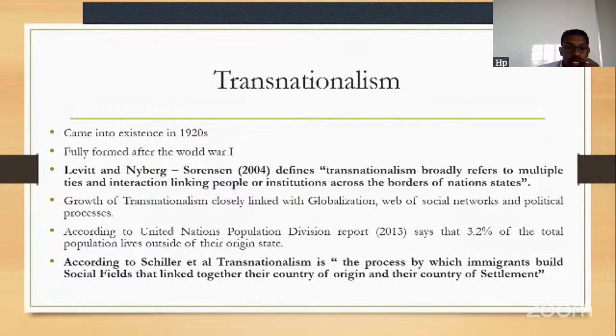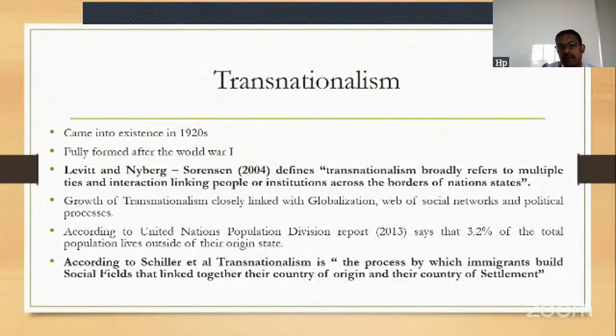and web of social networks and political processes. So it's closely related. When we see diaspora, we understood how globalization and social networks and everything have played a role in forming the diaspora community. So the very important statistics we see in